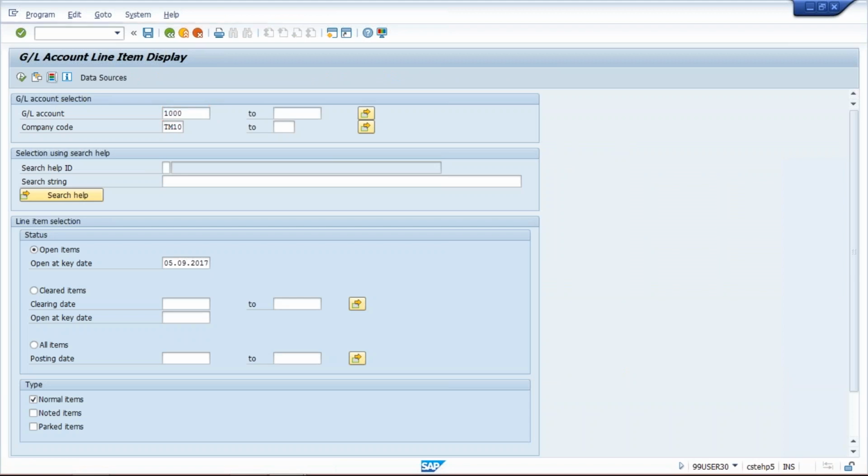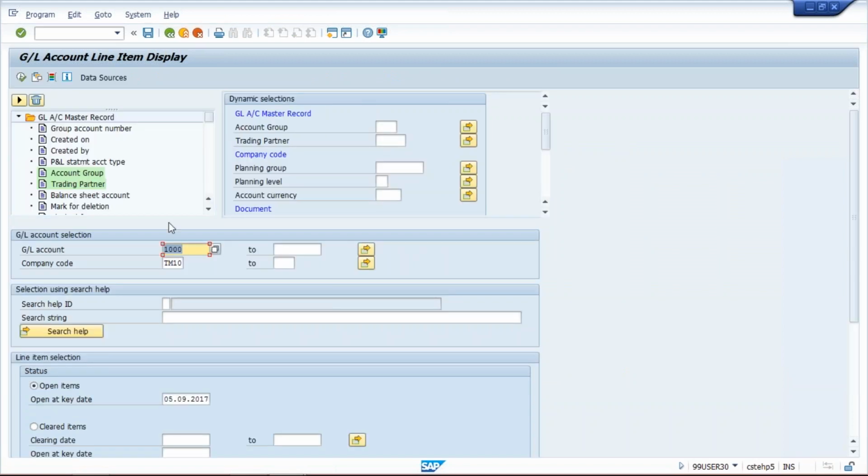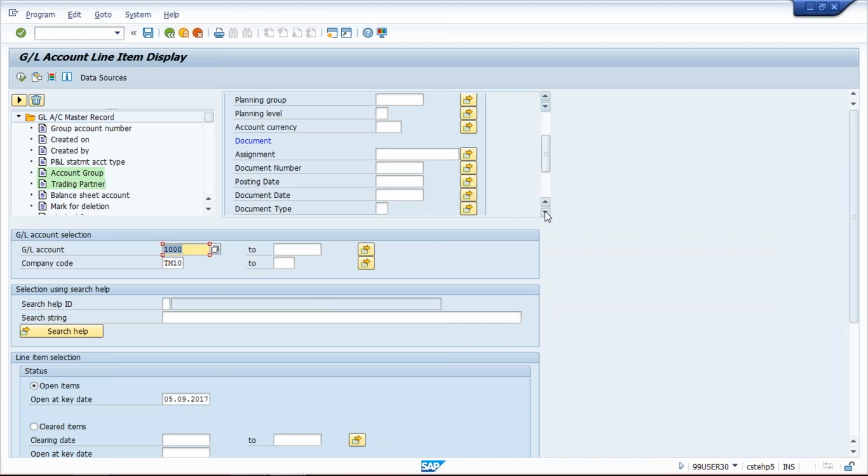Okay, so click on dynamic selection. If you click on dynamic selection, then you have to search where the business area field is, and that will come under documents. See, here business area is appearing. Whatever your business area is, you just have to give it and then execute. So now whatever documents got posted for this particular business area under this GL,